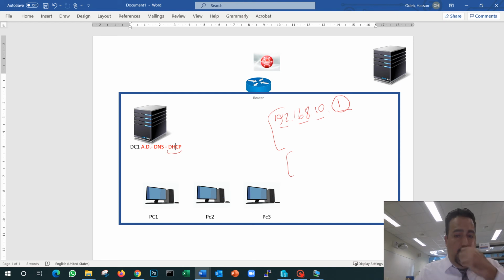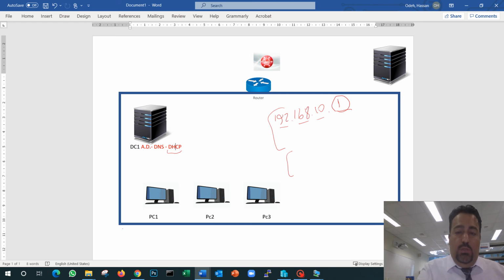Good. As I'm starting up, I will not set up the DHCP today. Because I'm not turning on the DHCP today, I'm going to turn it on in 2 or 3 weeks in our classes. That's why all the other PCs, I have to give them static IP addresses.